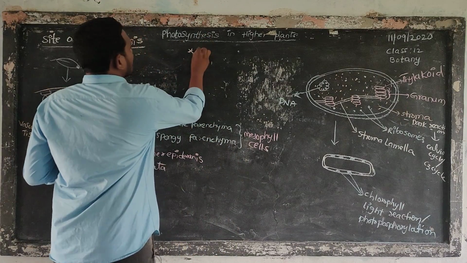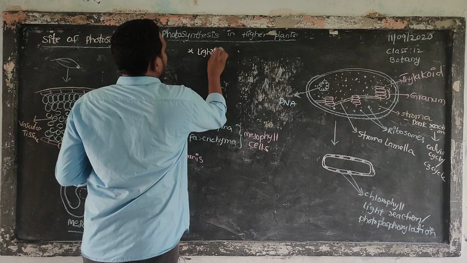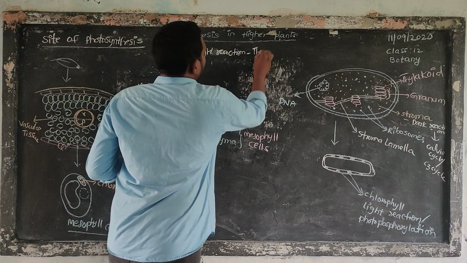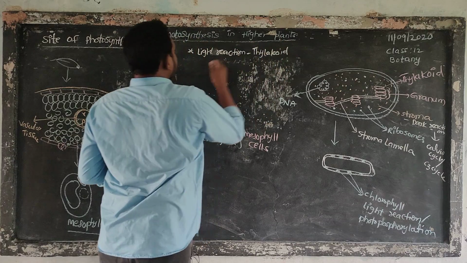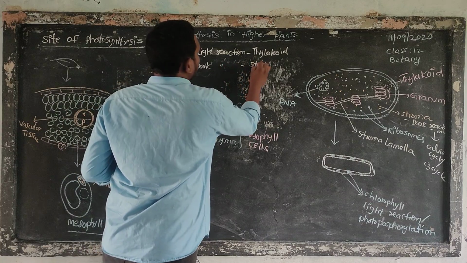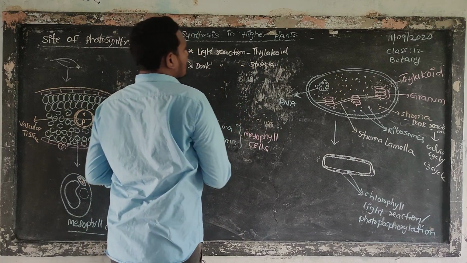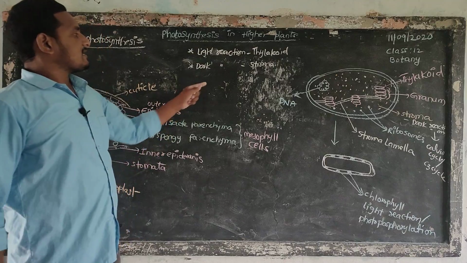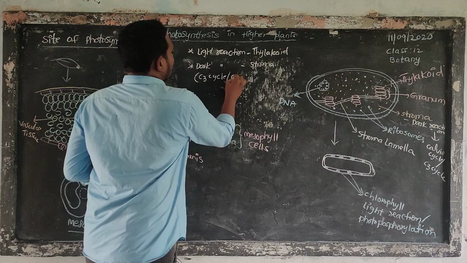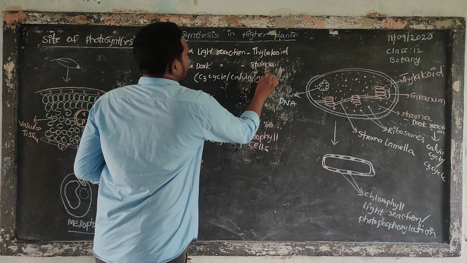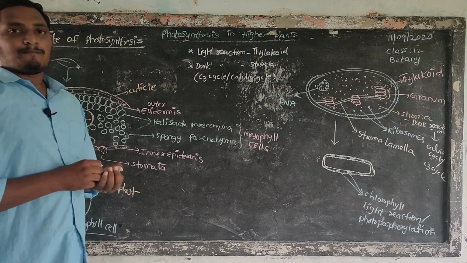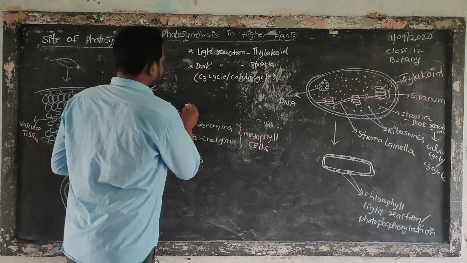So the light reaction takes place in the thylakoid. Next, the dark reaction takes place in the stroma. The light reaction is also called photophosphorylation. The dark reaction is also called the C3 cycle or Calvin cycle. And in some plants, in C4 plants,